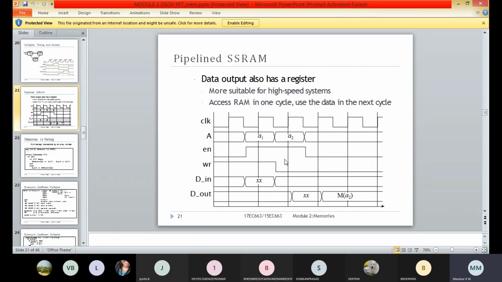The main difference between the pipeline SSRAM and flow through SSRAM is that in the pipeline SSRAM there are output registers at the data output also. The pipeline SSRAM is suitable for high speed systems.